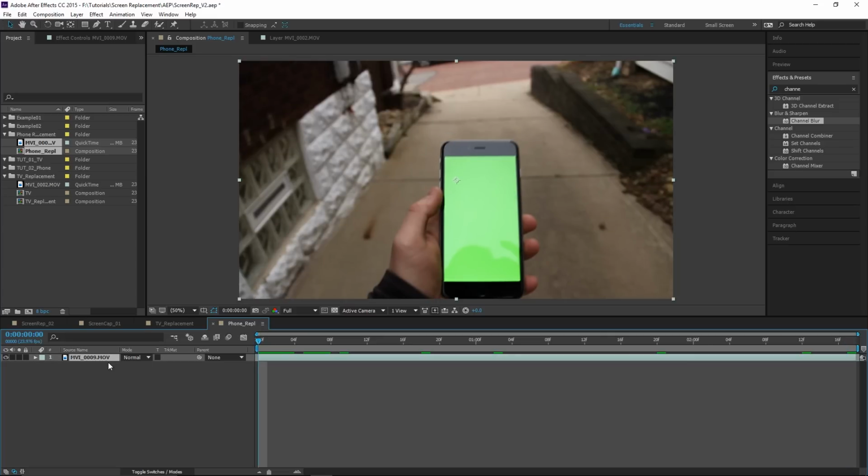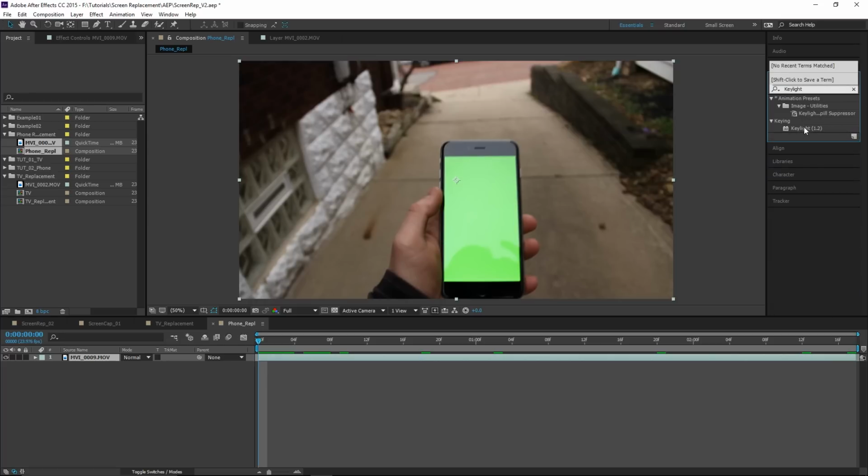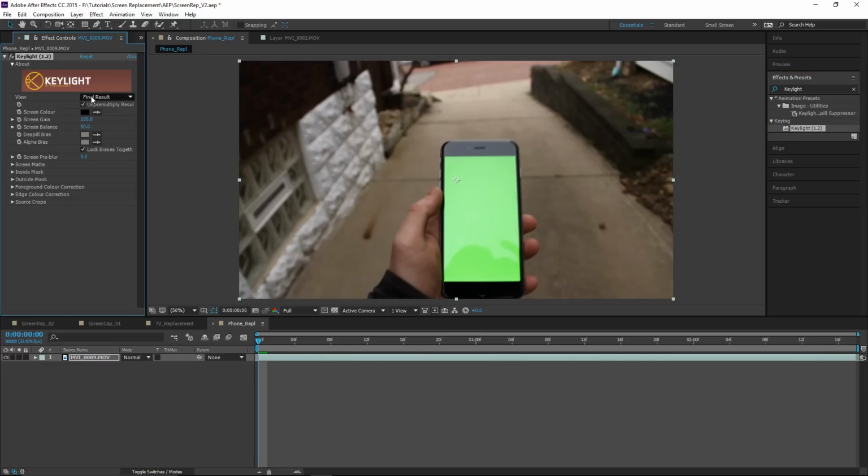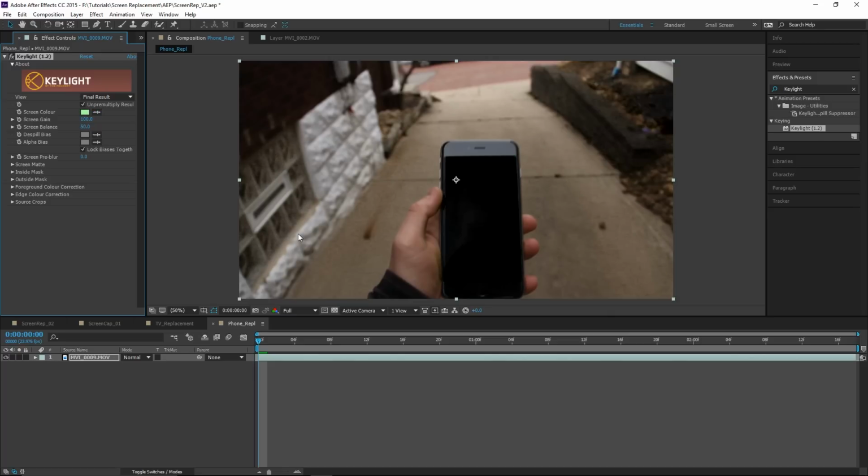So I know that I said that I usually don't use green screen, or sometimes I'll use white. And in this case, I just use green, and I kind of am kicking myself because I should have used white or gray, but this will work. So I'm gonna start off by applying a key light, because I want to get this to a medium gray. That will look good once I apply the phone comp. And we will select just that mid color,